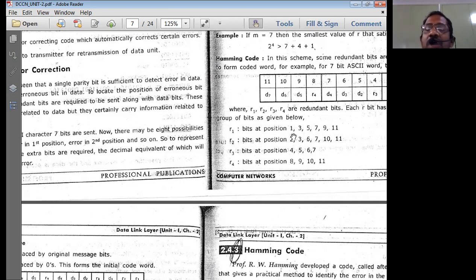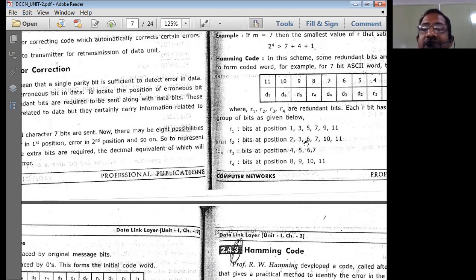So R1 bit positions, how will we write? Initially it is a 1248 code. So write down for R1 the starting bit is 1, R2 is 2, R3 is 4. Okay, this is the fourth bit, right? Then R4 is going to be 8. So it's going to be a 1248 code. After this, it is going to be of only one parity difference. So leaving one, you write the next number. Leaving one, write another number. That means 1, 3, 5, 7, 9, 11. So between these numbers, you get only one number in between.